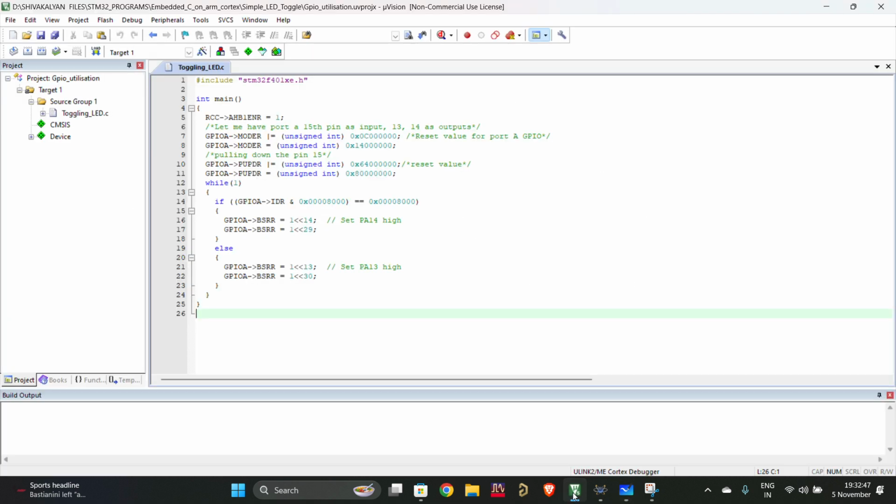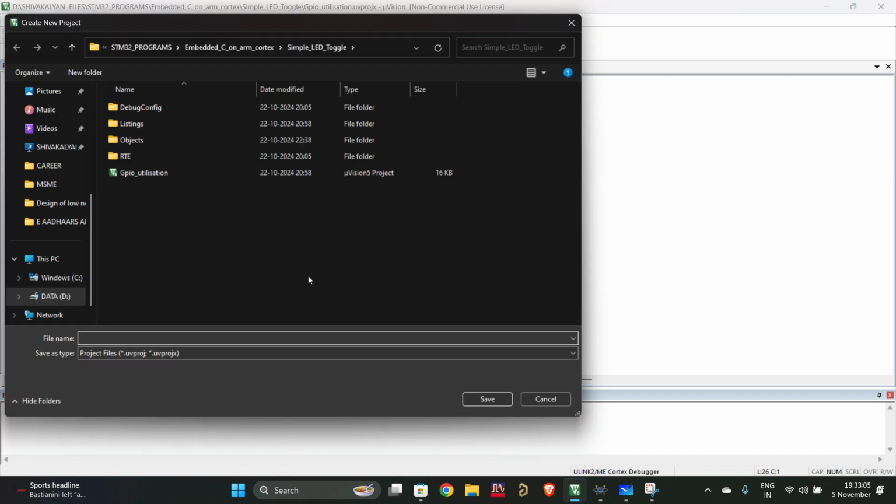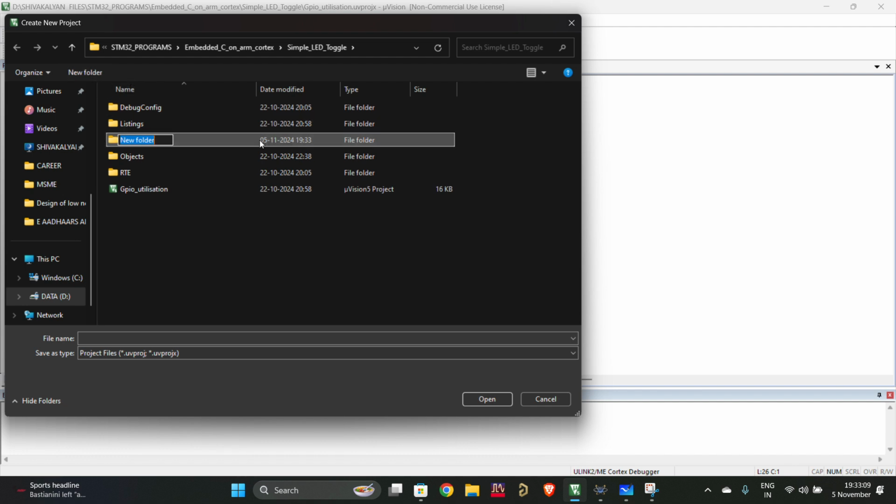First we have to install MDK ARM for Keil, as I have shown in the previous video. So after installing, if you open Keil, the recent project that you have worked on will be popped up. So you have to go to the project section. You have to create a new microvision project. It will ask for a title, create a folder